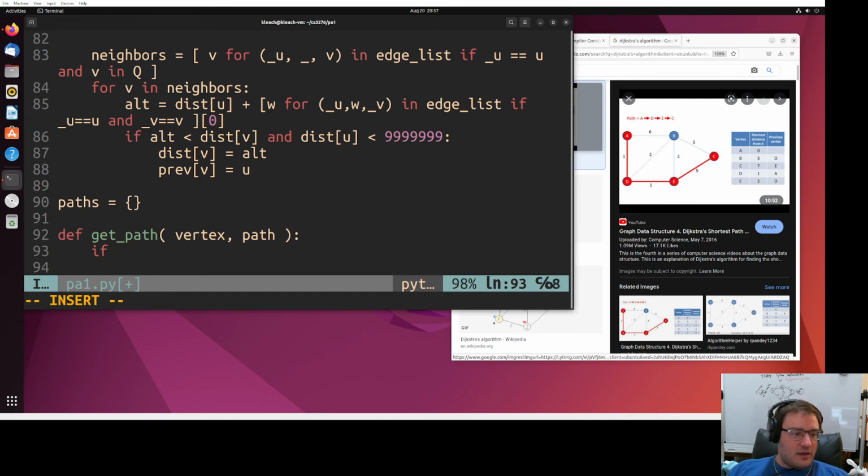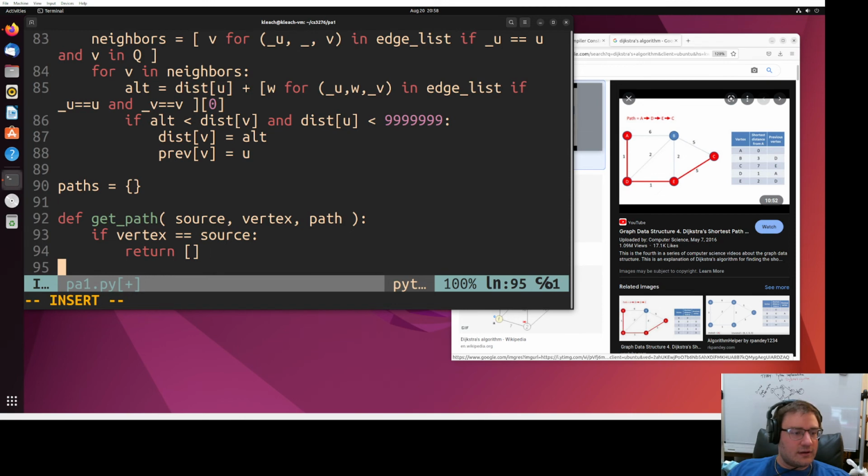So if our vertex is the source, then we return nothing. Otherwise, we're going to return